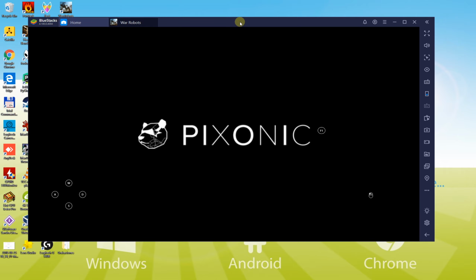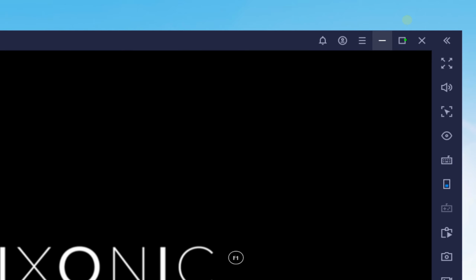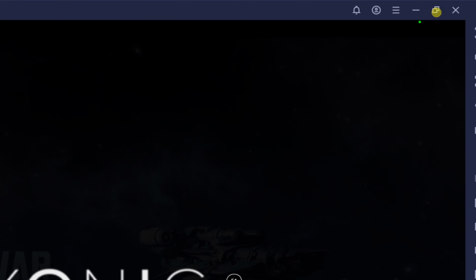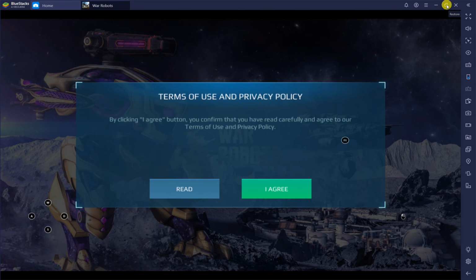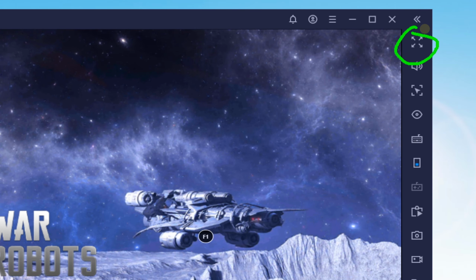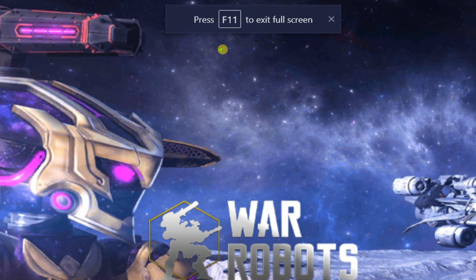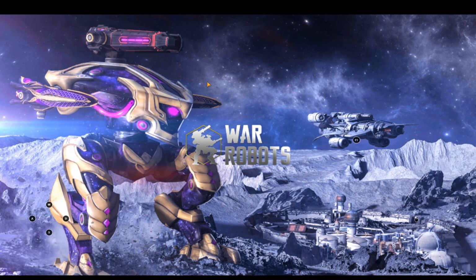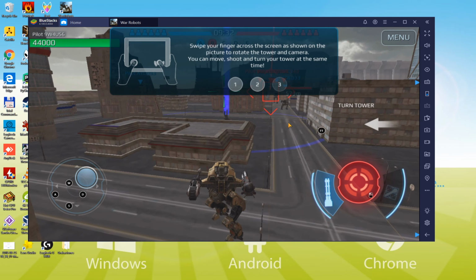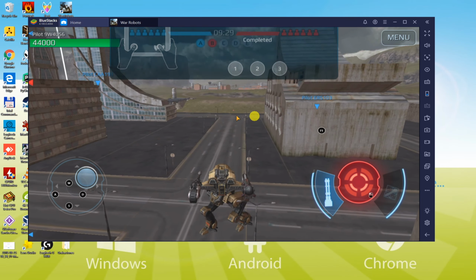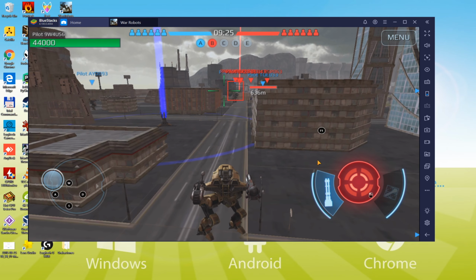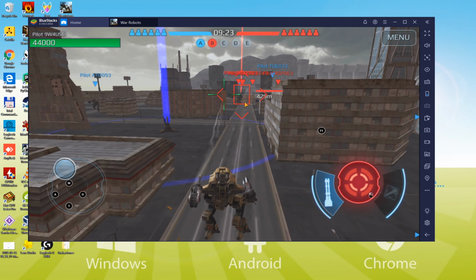If you want to play War Robots in large screen mode, then we will recommend two easy solutions. The first is to expand the emulator, and you will get a full screen with a border. However, if you'd like to get a 100% big screen, then this option is not good. By pressing F11, you will get a 100% full screen for the game. In order to play the game without any disruption, playing in full screen mode is the ideal solution. We simply recommend playing War Robots in an emulator in case your laptop is powerful enough.